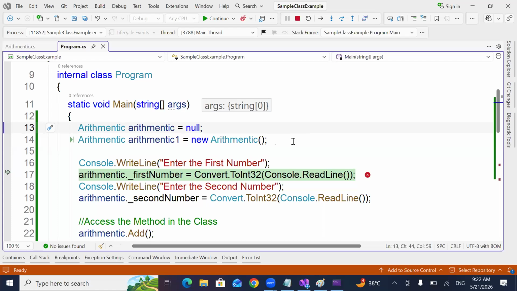Third step is creating memory for the class with the help of the new keyword.